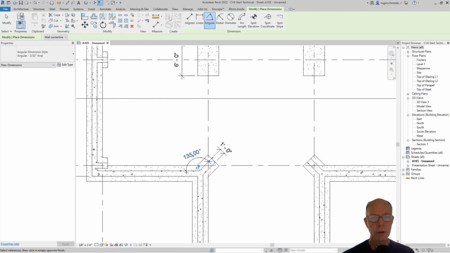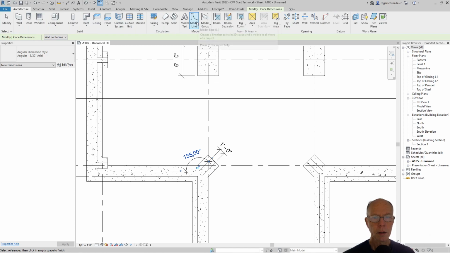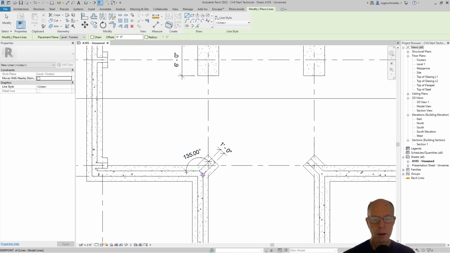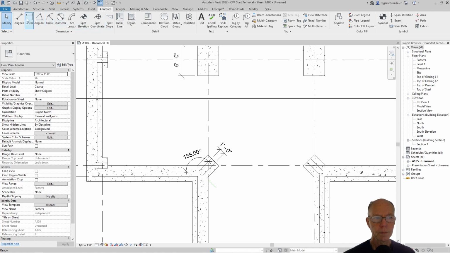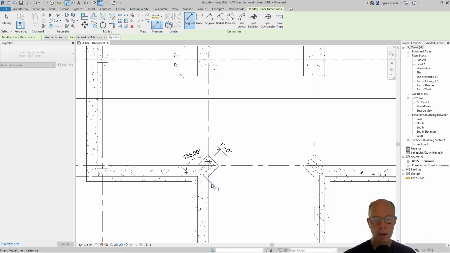And we can try to use maybe, let's say, a model line to catch an extension out from that point. So I'll just pull a model line out, and then I'll go back to the dimensioning tool, and I'll grab that, and then I can grab the end of that and pull the dimension off. And I'll deactivate that view, and we'll go down to the first floor